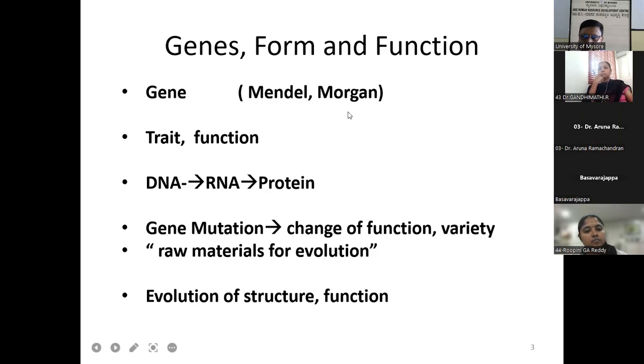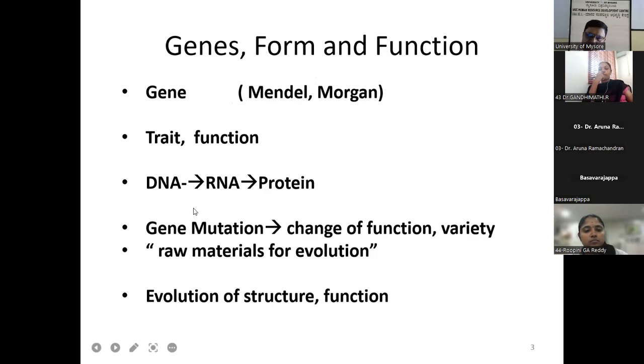You all know that. But it was not until Morgan, who showed that a specific change in a gene is actually responsible for a specific function, as he showed by mutations occurring in the fly Drosophila. That is the time when the genetic basis of heredity was propounded. Now we all know genes control all functions, the genetic basis of life, and now with the structure of DNA that was deduced in '53, Watson and Crick gave us the structure of DNA, which gave us the